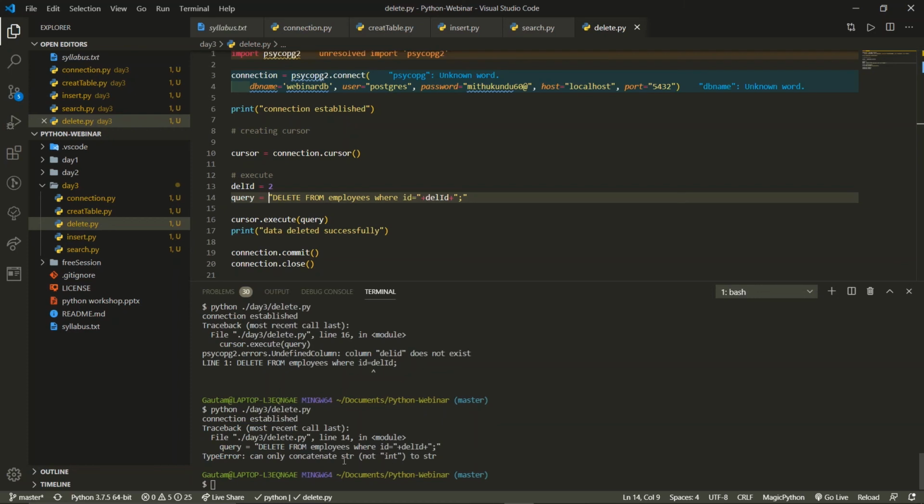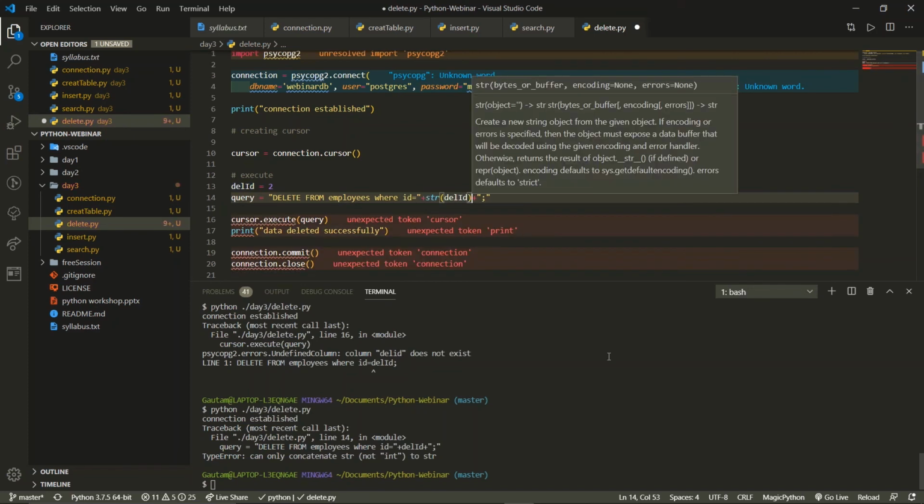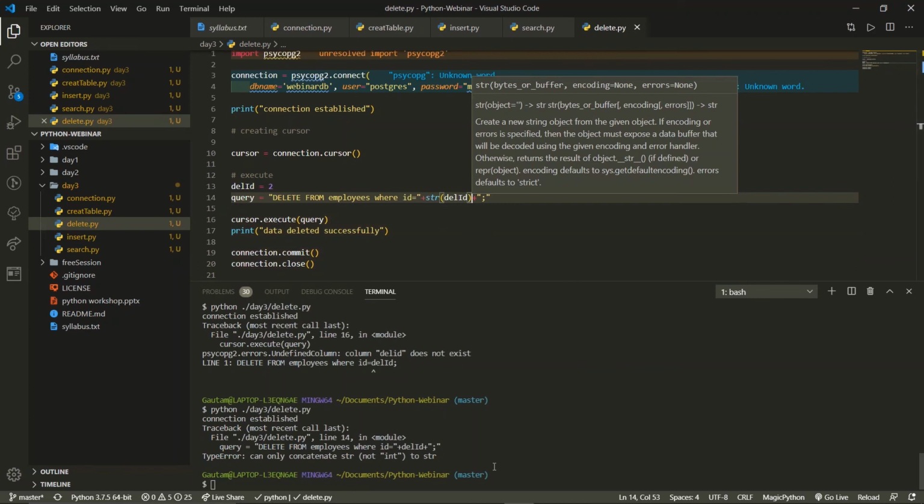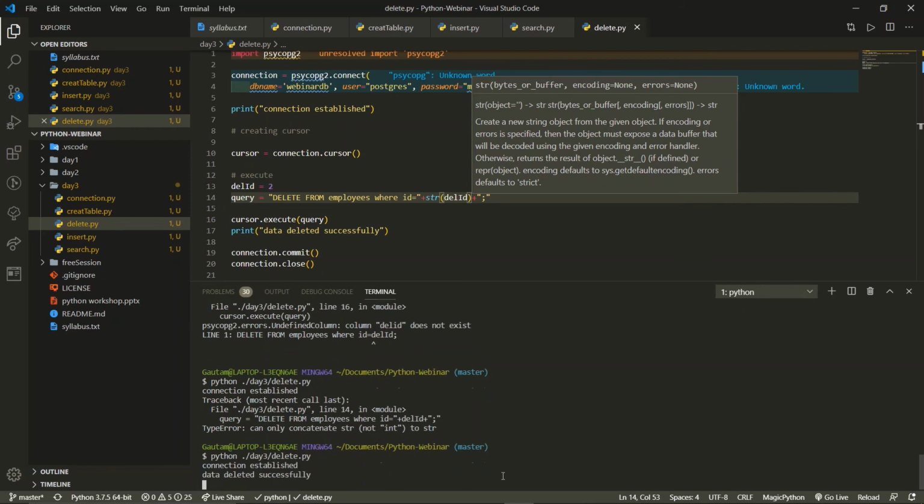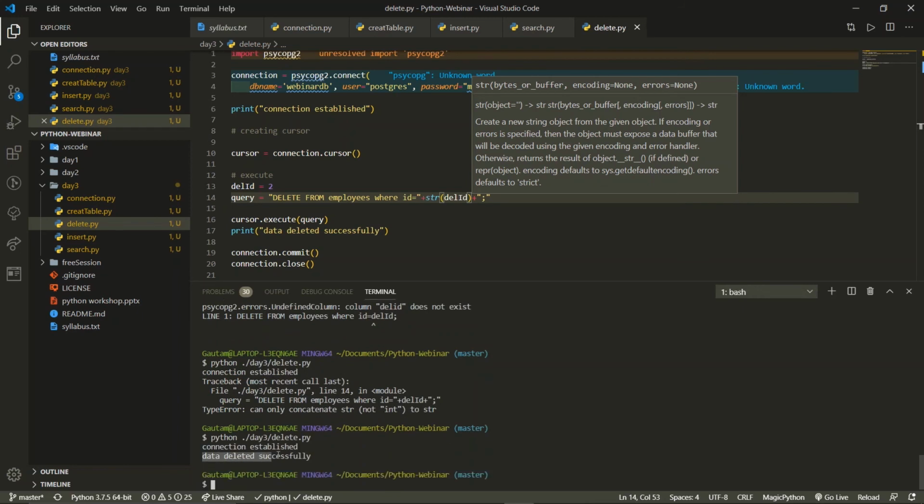Okay, wait a minute. There is some other issue: can only concatenate string, not int. The issue is we need to convert this del id into str. So we can typecast this value to string. After we typecast this value to string, now the data is deleted successfully.